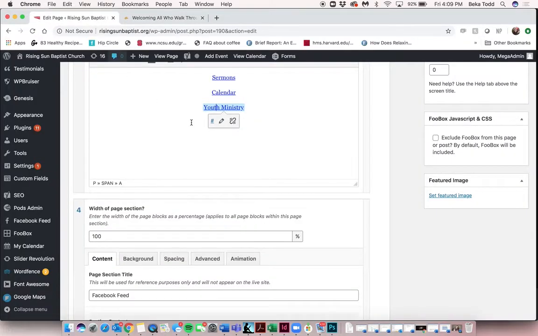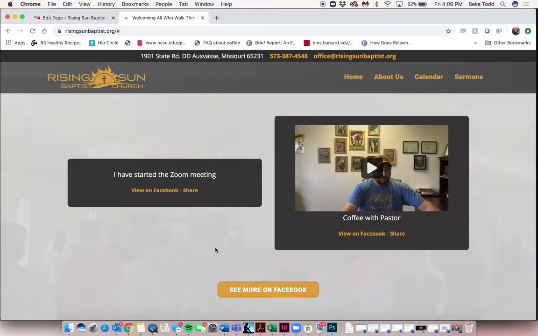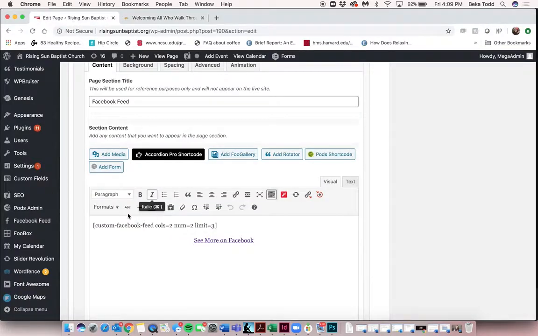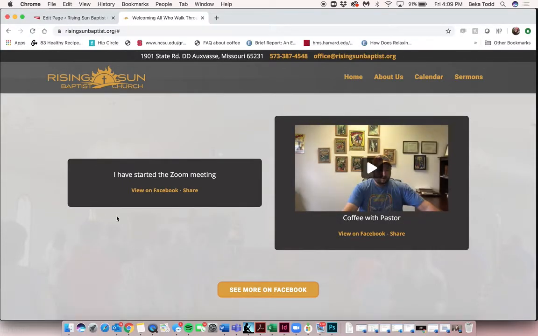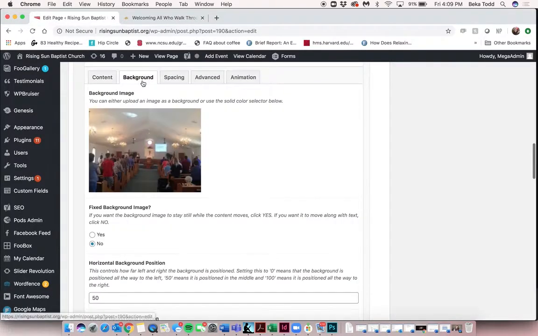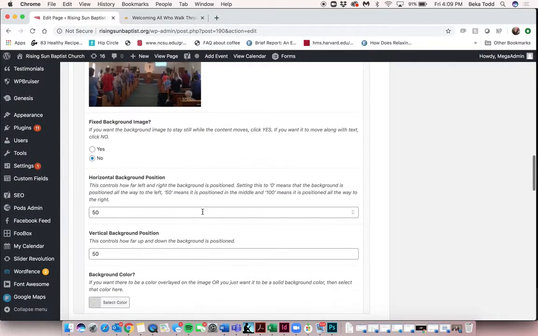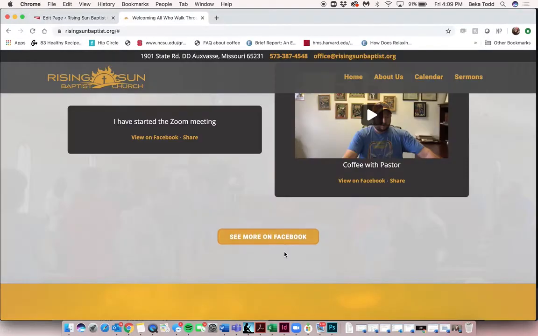The next section is your Facebook feed. This custom Facebook feed is already set up, and we've added the shortcode, and then this button here that links to your Facebook page. Ideally and likely, there's not going to be a lot that's going to change on this section. Again, you have a photo in the background with that little color overlay, and that's all done in the background here. It doesn't stick out too much or matter a whole lot because it's not seen, but it just gives that little bit of